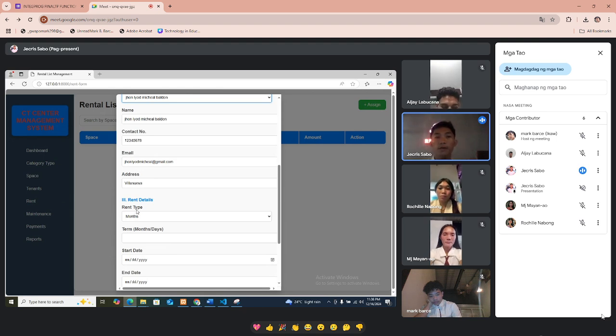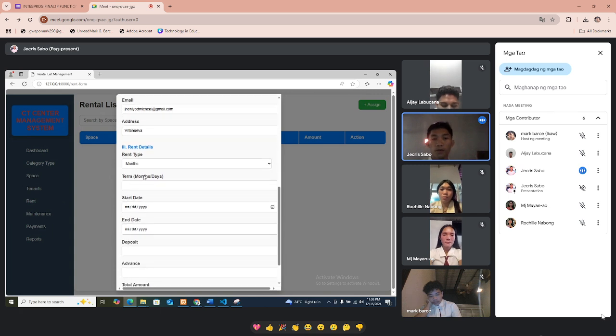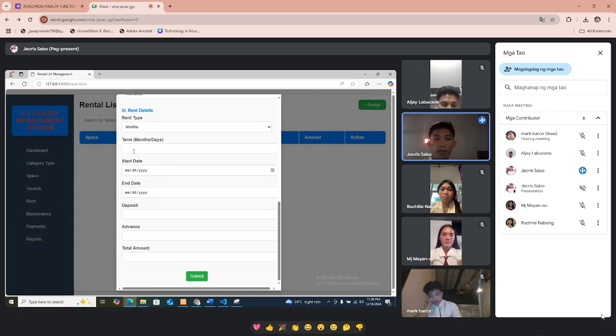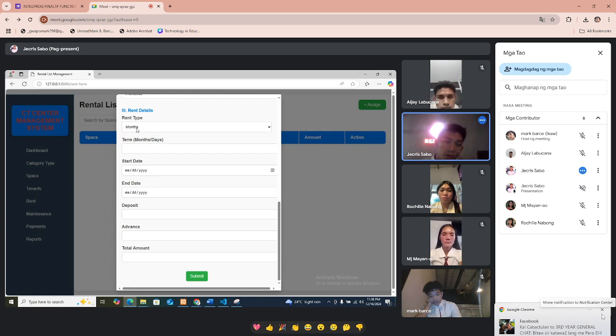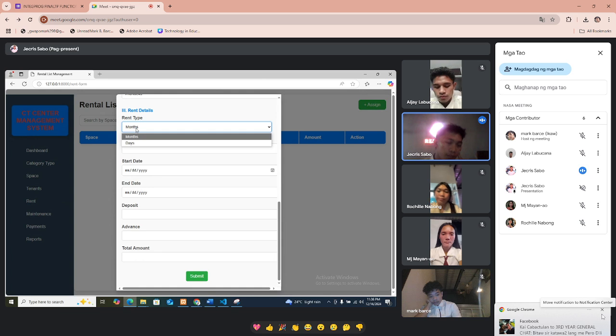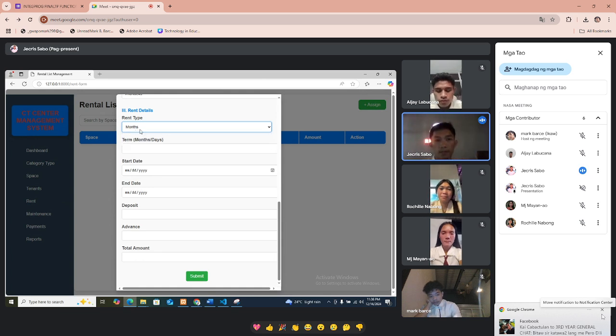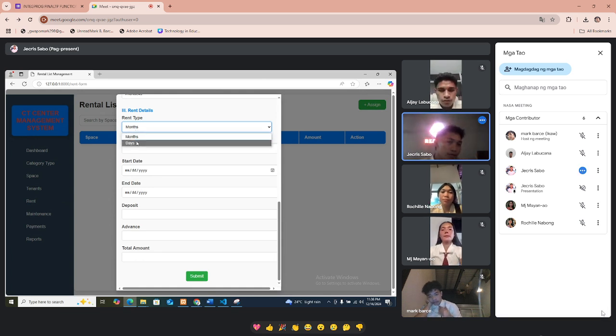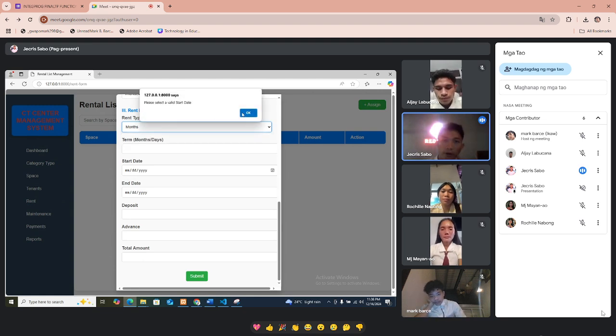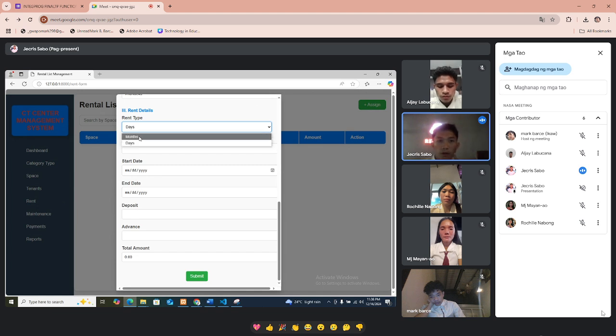So in rent type, we have rent type and term. In rent type, we have two choices: for a space for rent is per month, and for an event is per days, if we choose days or month.